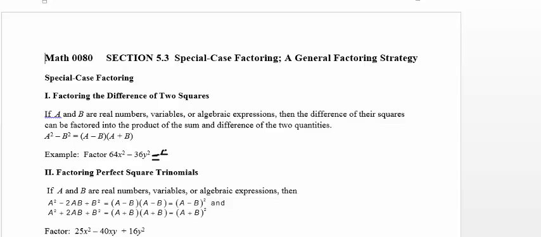So I want to factor that out first. So 4 times 16x squared gives me 64x squared. 4 times negative 9y squared gives me